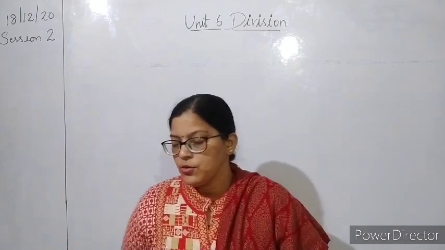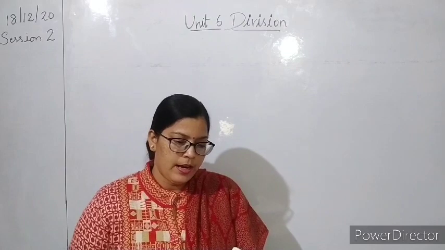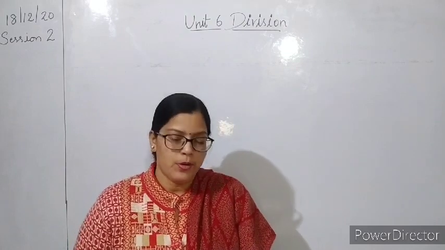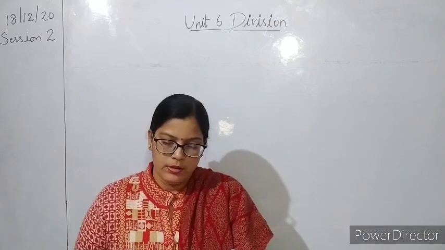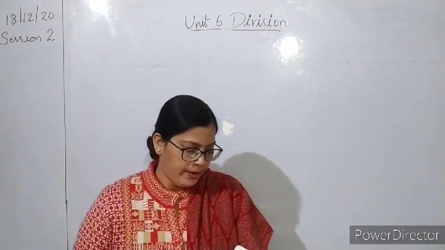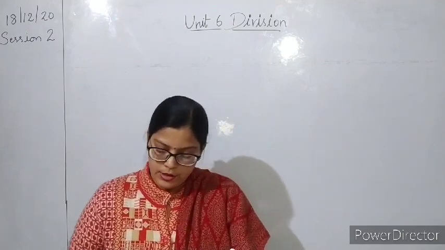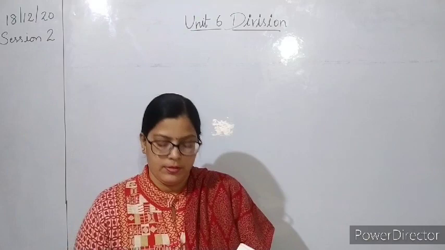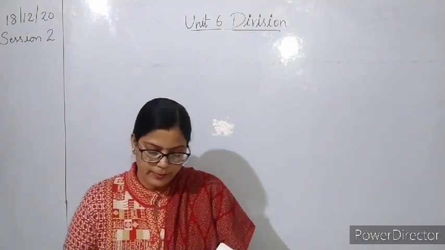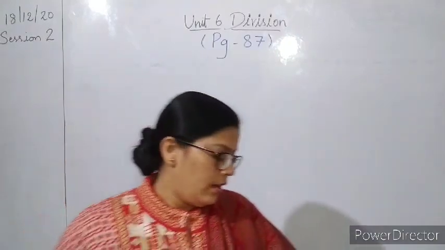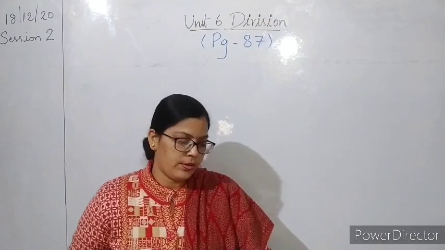We have also done question number 1. Question 2 I had explained, another I had given you to do in the book. Today I will upload the answers of these questions. So now we are going to continue with question number 2, which is on page number 87. Please open page number 87 and get ready with your pencil. Now question number 2 is: fill in the boxes as shown.